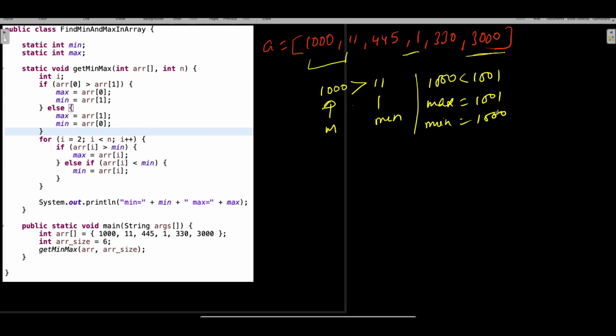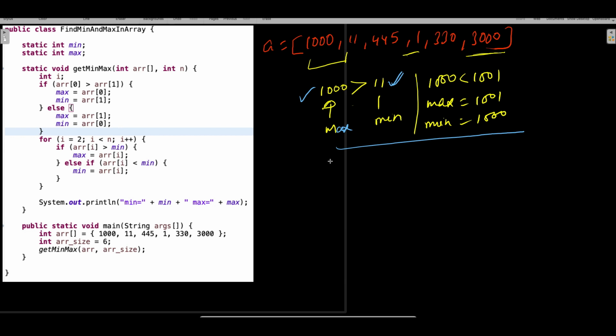I'm saying that you pick the first two numbers, and by picking them you come up with the first maximum and minimum. So let's say you got two numbers. What is the max and what is the min? Basically your max is 1000 and your min is 11. These two numbers you got by looking at the input and assuming.